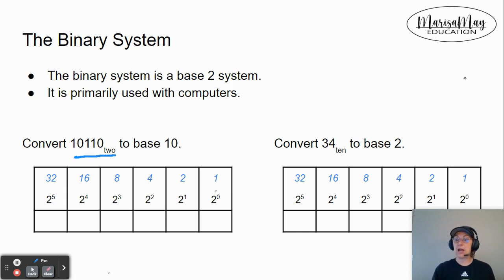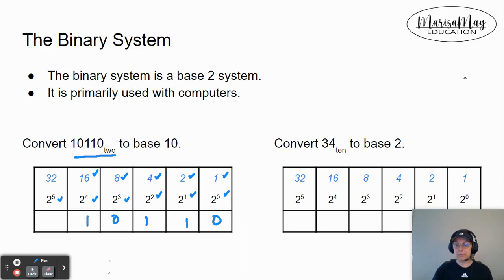So I have a chart that helps me with the base 2 system. I want you to focus on the exponents. I did this very similar to what we saw with our base 10 system. I increased the exponents by 1 as you move to the left. Now, just to make this a little easier, I also converted that to what number it is. So 2 to the first being 2, 2 to the second being 4, and you can see those in blue. So that when I put my number in here,